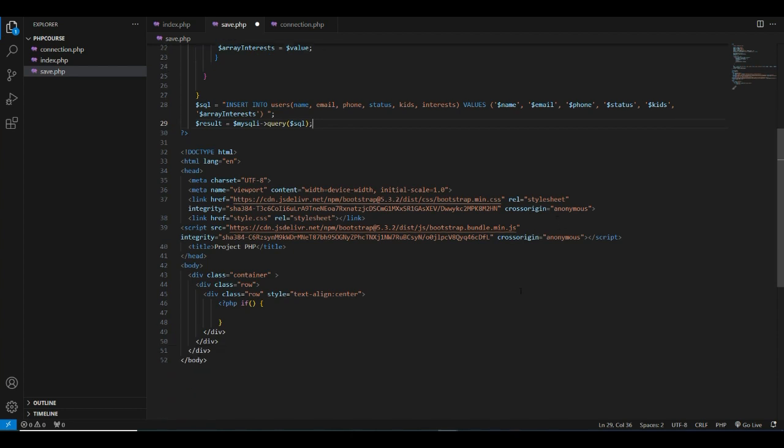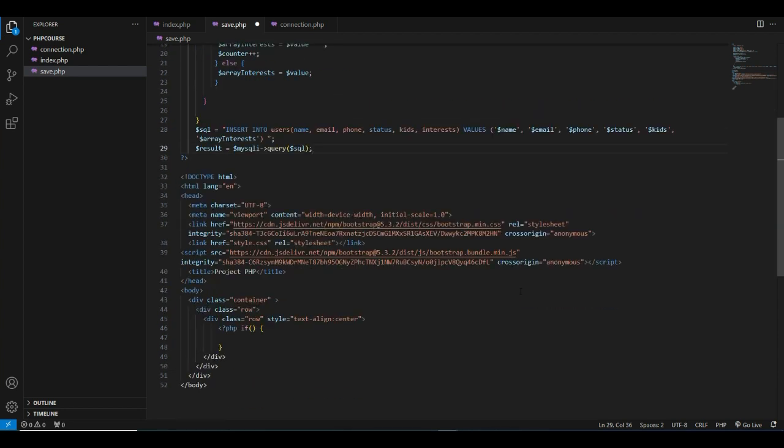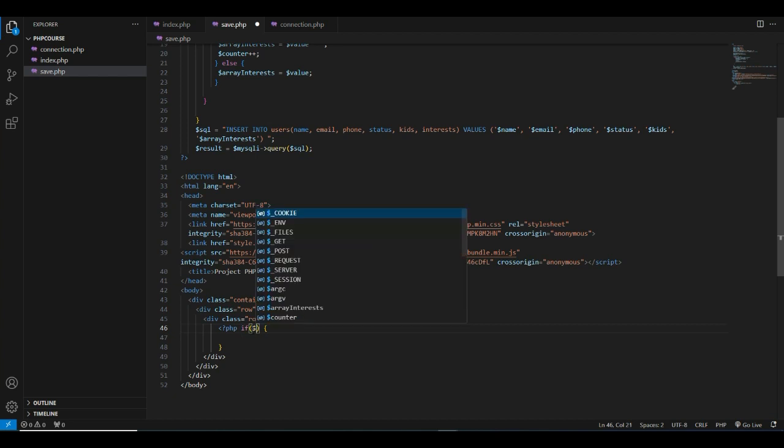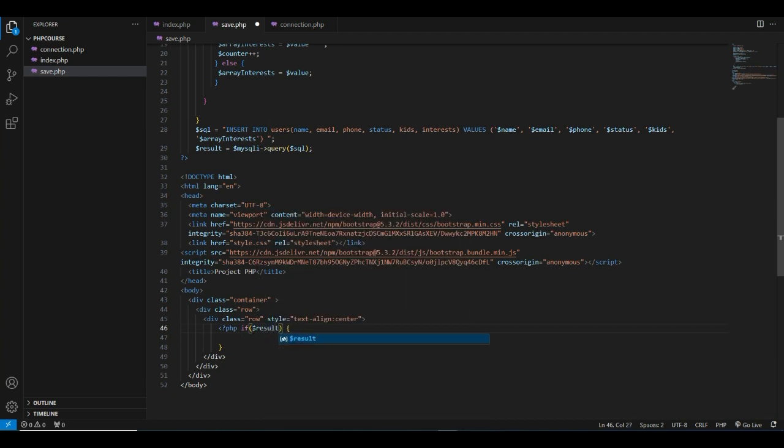There's a few things more that we need to finish here before we can test this out, and we go back here. So now that we have our result variable, we're gonna put it here, the result, and we're gonna do the condition. If the result, we're gonna close our PHP over here, because now we're gonna put some HTML,